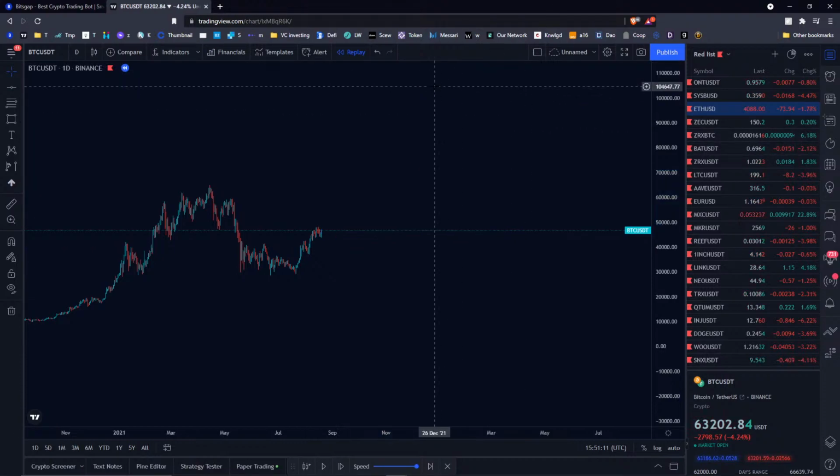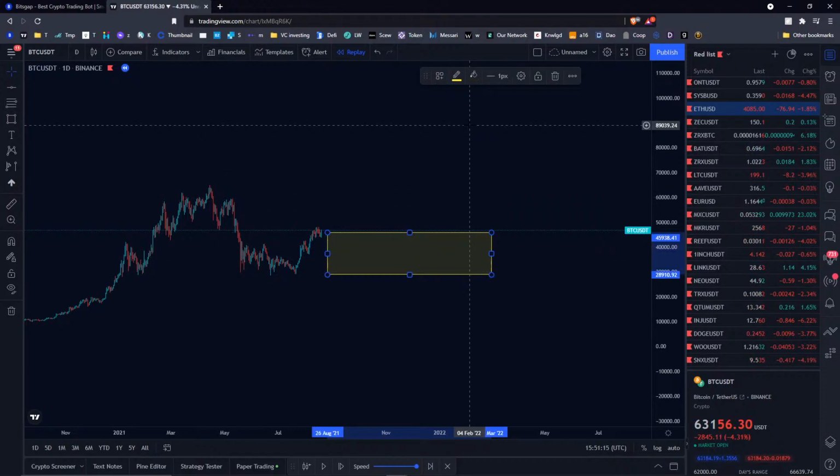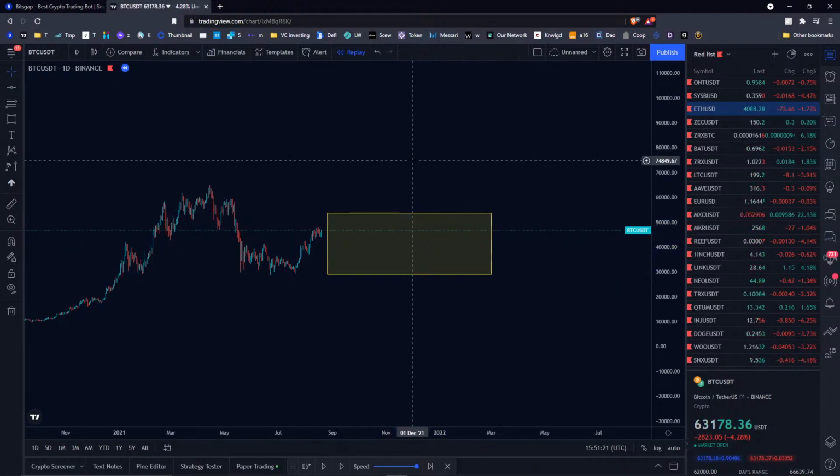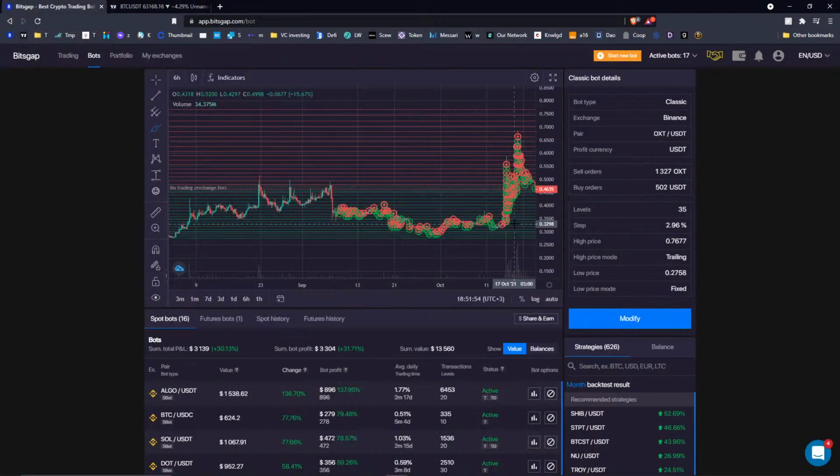If you feel like there is room for it to fall, and to let the market accumulate it on the short sell-off, then it makes sense to trade with Asbot. It's going to secure the best way, and it's going to accumulate more coins on the downfall. That's the difference between Asbot and the classic bot.